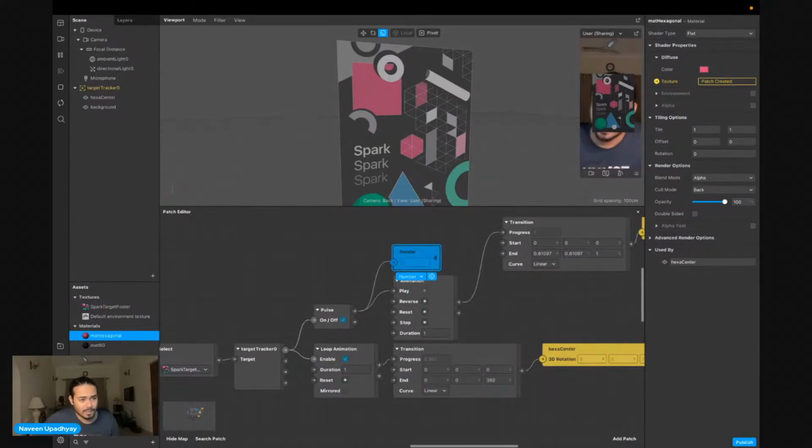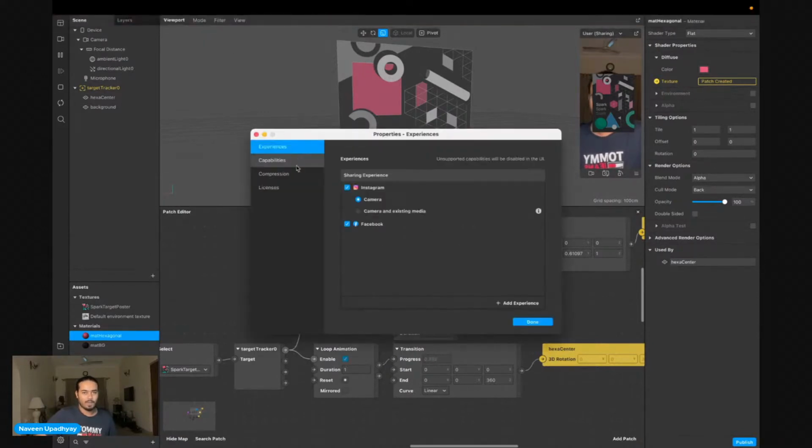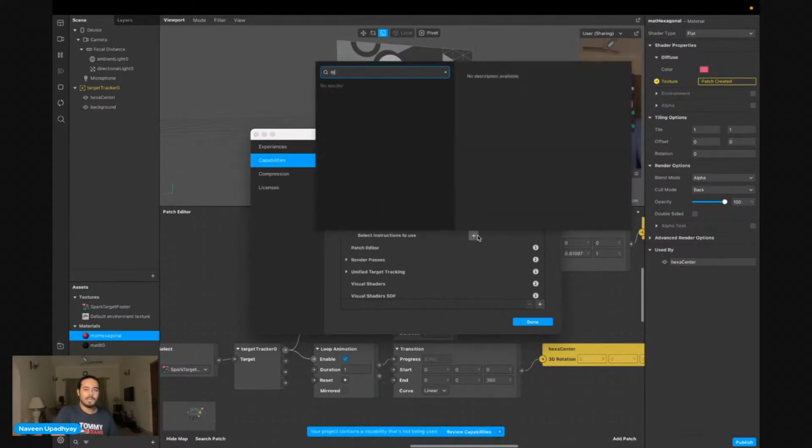How to tell the user to switch back camera by using 2D text or something about assignment? Yeah, Shruti, you can use a 2D text. That's totally okay. You can also use Spark AR's default instructions. For that, you go to project properties, edit properties, then capabilities. In here, you go to instructions, and there are custom instructions also, which you can expand and select the instruction that you want. So let's say you want flip camera, yes,